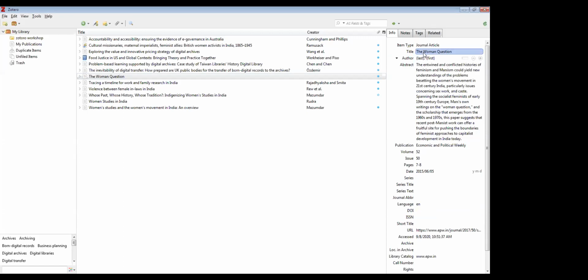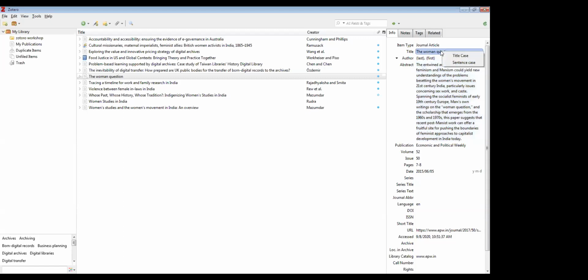The interesting part is, if you want to edit a title, suppose it is given in title case, where every first word is in capital, and you want to change it, just right click on the title field. It will ask whether you want to change it into title case or sentence case. So automatically it will change into sentence case if you select it.